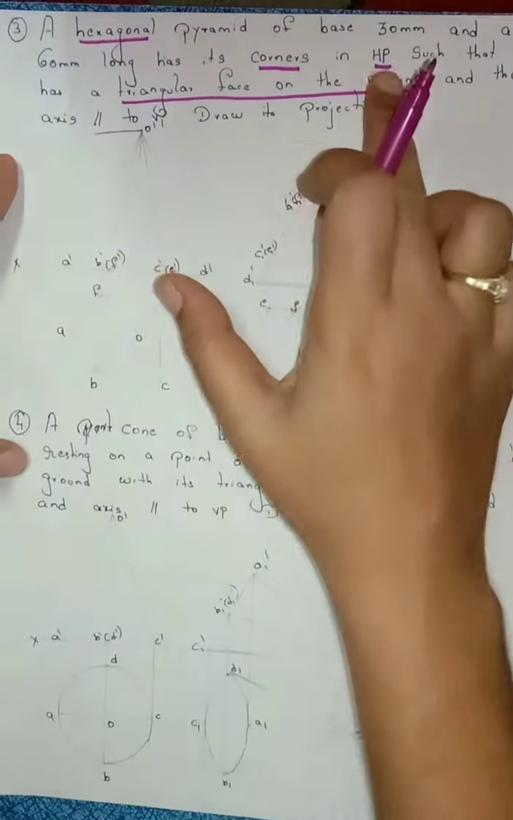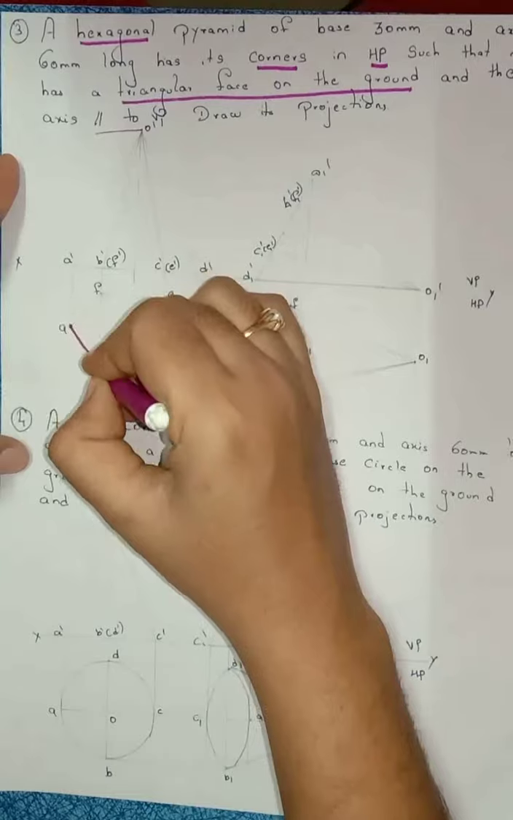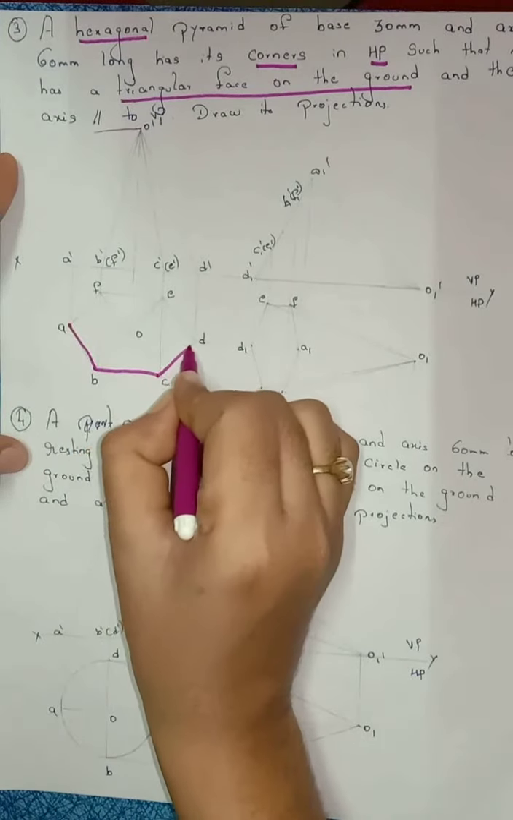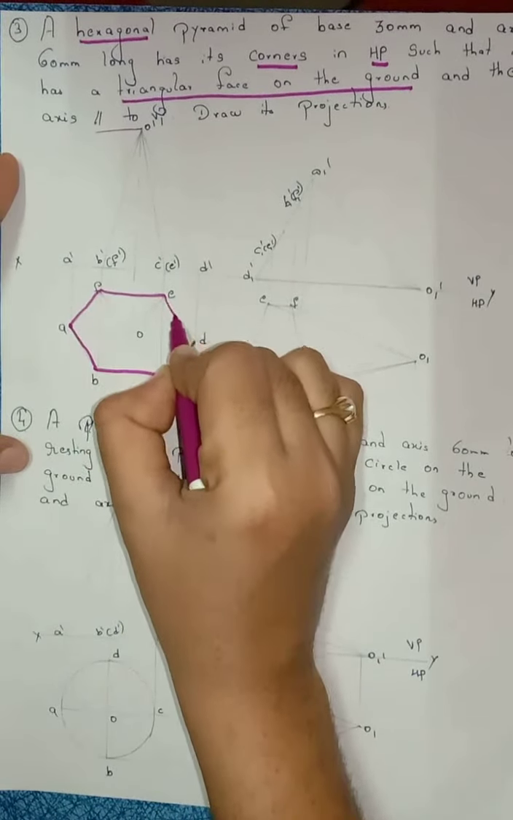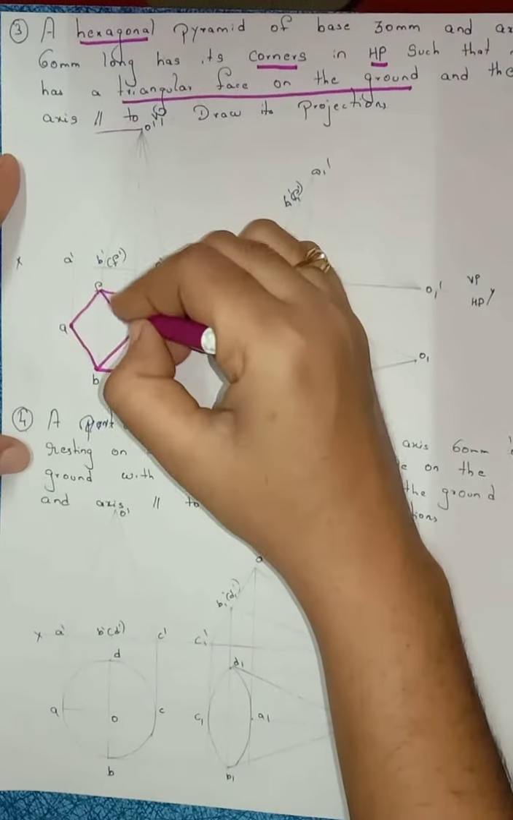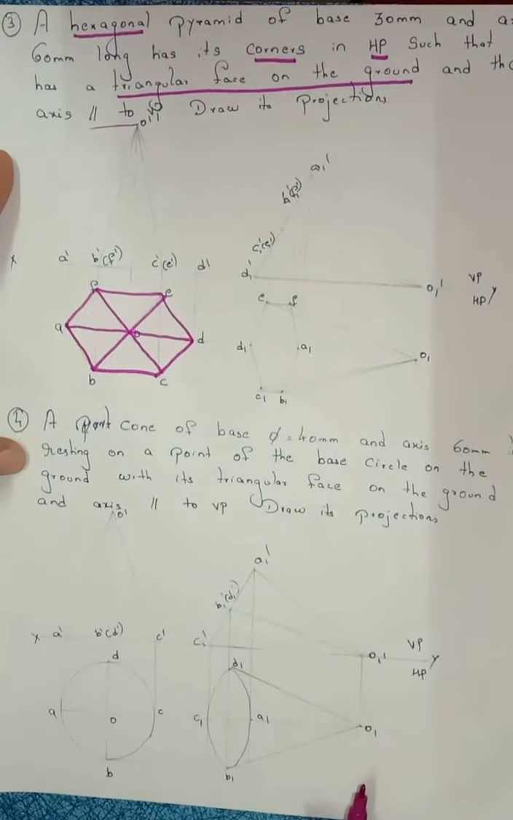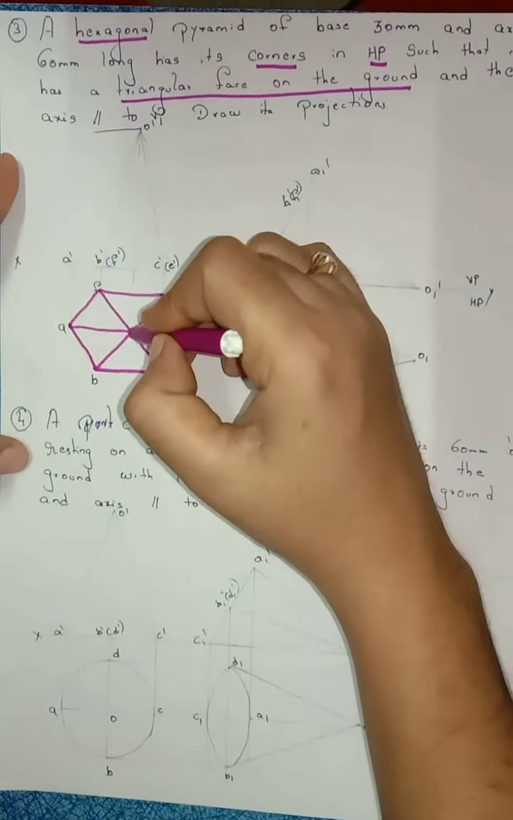You have to construct the hexagon in HP. Condition is corner. Start with corner. Construct the hexagon A, B, C, D, E, F. Join all these corners of the hexagon. You will get the midpoint. Right? After that, from this midpoint,